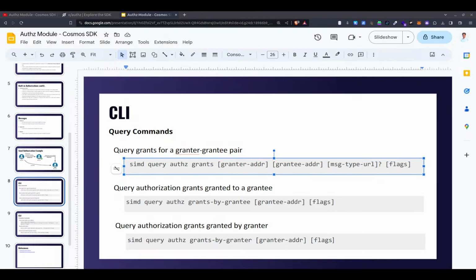Now, if I run this simd query Authz grants by grantee command,